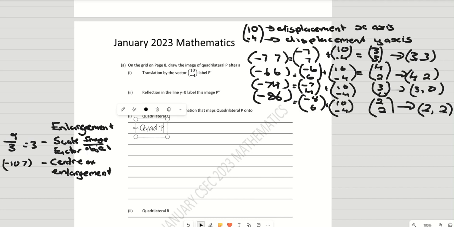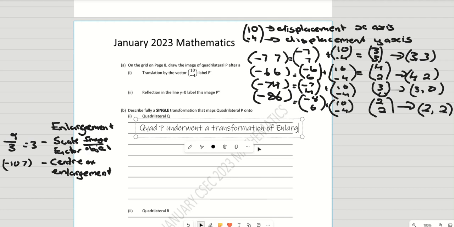Quadrilateral E underwent a transformation of enlargement. So first it's saying what type of transformation is done to create